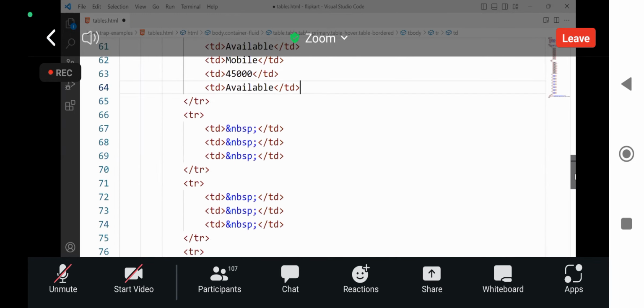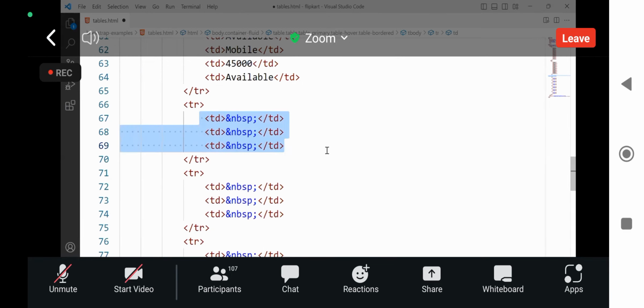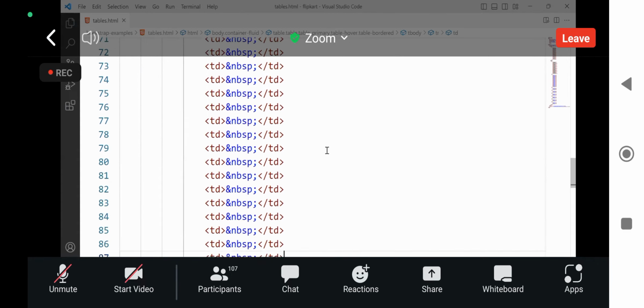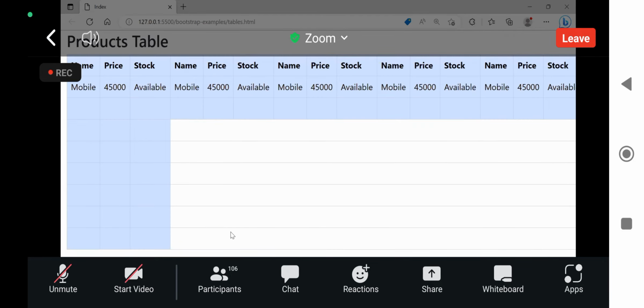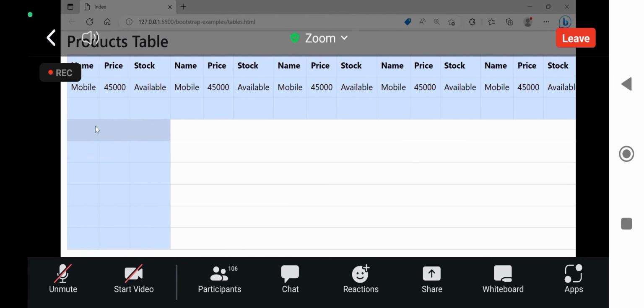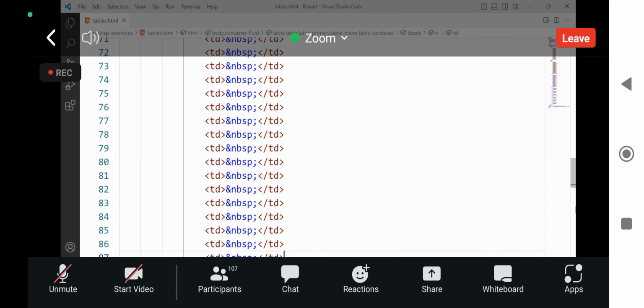Everywhere we can have such options. Usually if there are so many columns, I need to scroll the page left and right. The heading is also scrolling, the page is scrolling. We don't want that. Then what you can do is